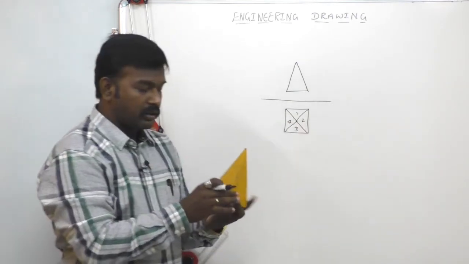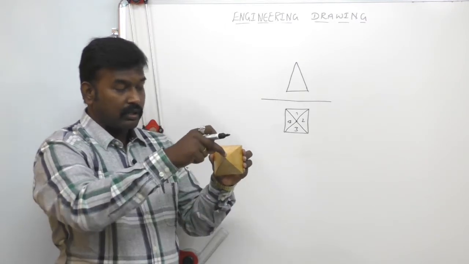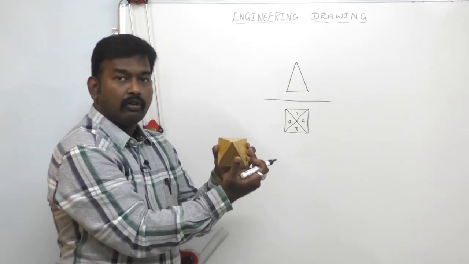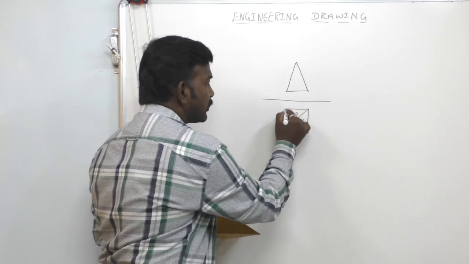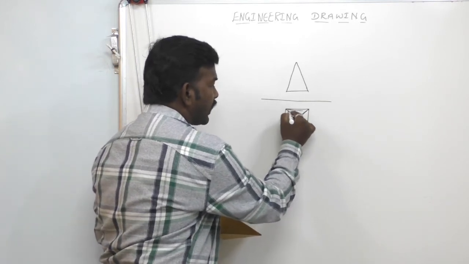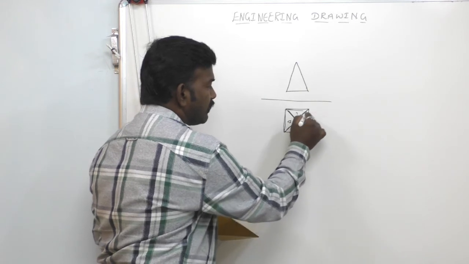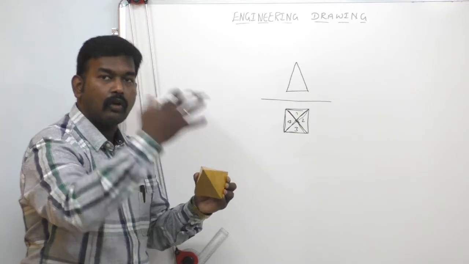This is the square prism. This is the top view. We can observe triangular faces 1, 2, 3, 4 in the top view. We can identify the triangular shape in this view. So this is one triangle face and this is another triangle face, another, another. So that means 4 triangular faces are observed in the top view.